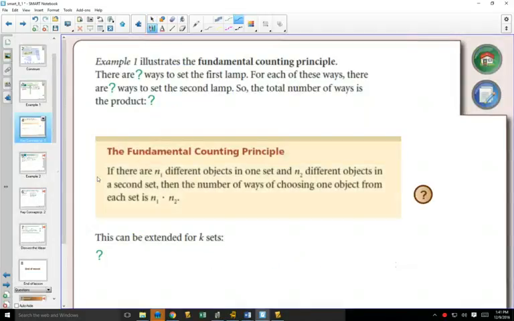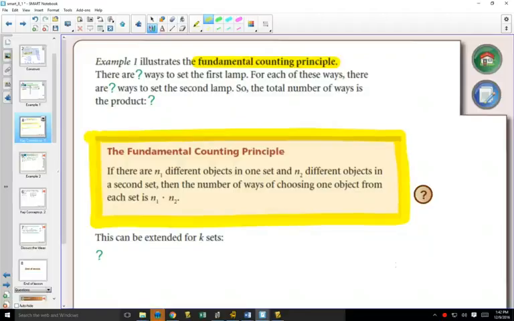So if we highlight that in our notes, basically what the fundamental counting principle says is however many decisions you need to make, draw a space for each of your decisions. So example that I'll use is